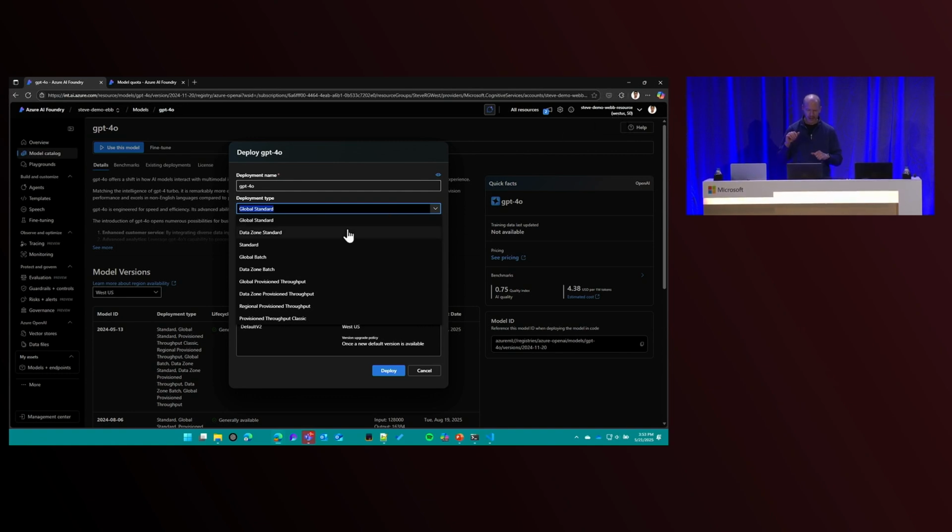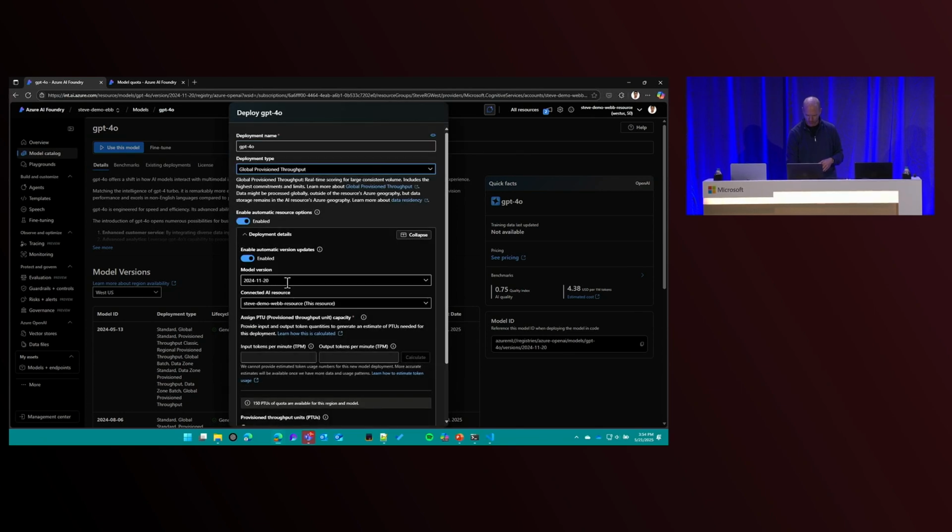The second then is, where is it processed? So with global, it could be processed anywhere in the world, by the definition. With data zone, it will be processed in the data zone. Now, which data zone? Well, I'm in the US, so it'll be the US data zone. If I happen to be in Sweden with this resource, it would be in the European Union data zone. So it's based on where your data is, because that's the promise of the data zone. And then I've got regional, right, which is 28 different regions in the world. If I were to choose to do a regional deployment here, it would go to those 28 regions. So provision throughput, I'm going to choose it.